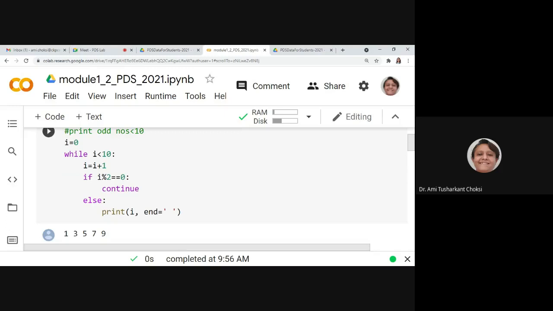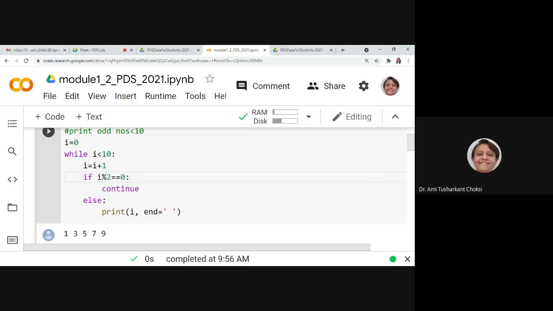That is i is equal to 0, while i is less than 10, i is equal to i plus 1. If i percentage 2 is equal to 0, continue. Else print i and end is equal to space, right? Very simple example we can say.